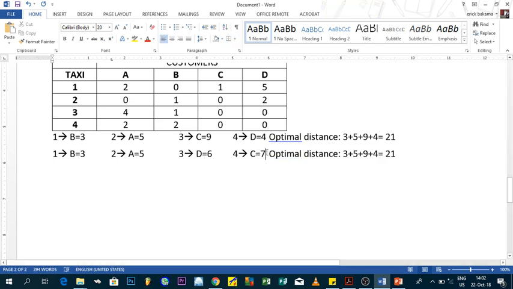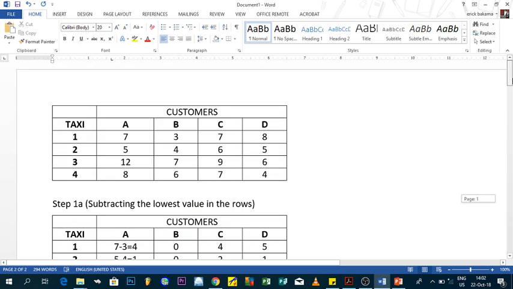Then the optimal will be 3 plus 5 plus 6 plus 7. Does it give 21? Normally, yes. So you get 3 plus 5 plus 6 plus 7, and you get 21. So you understand that the allocation here is still the same. Either 3 took C or 3 took D, it should have been the same, and we have reached our optimal distance. So again, to come back to a summary of everything that we have done, we got this